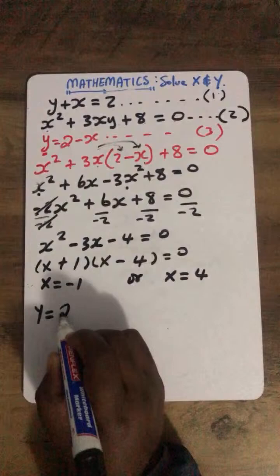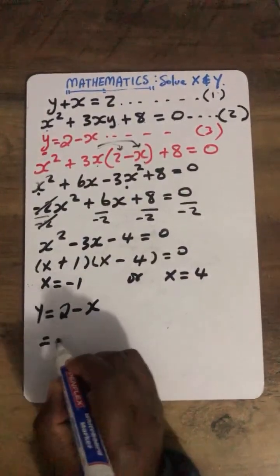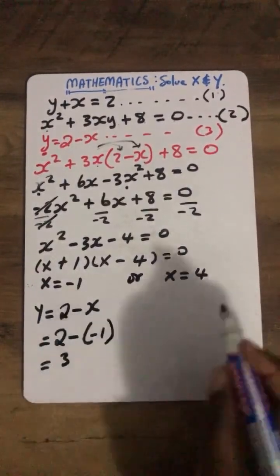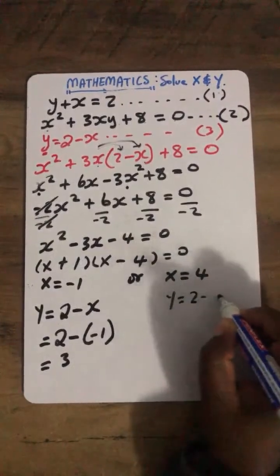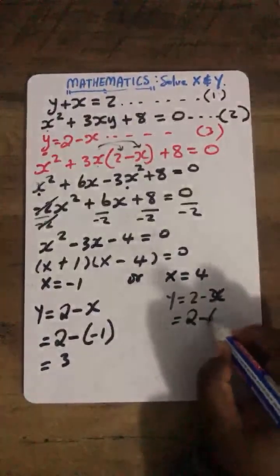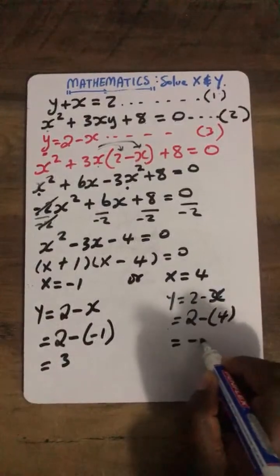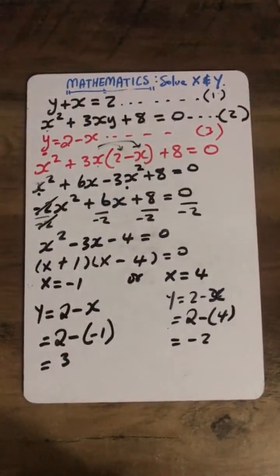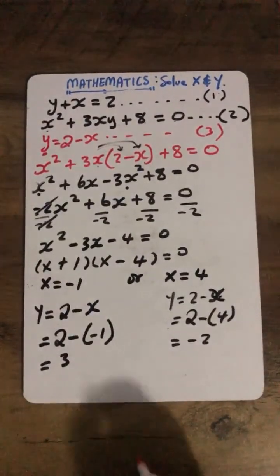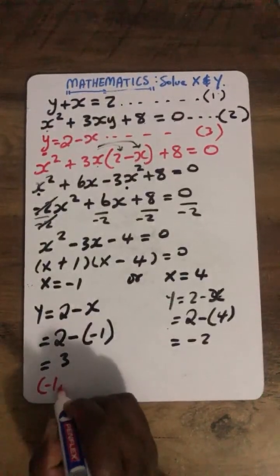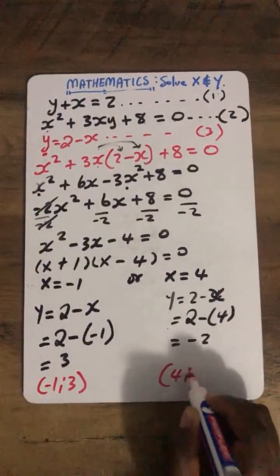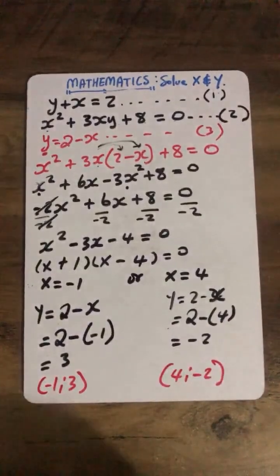So now you go to equation number 3, you therefore substitute. Be careful to put that negative inside the brackets because it will end up giving you 3. Be very careful on that one, otherwise you will definitely get it wrong. Minus, there it's 4, whether it's inside the brackets or not, it doesn't really matter that much. So I am very much confident that these are the two correct coordinates, where your x is negative 1, the corresponding y value is 3, and where the x value is 4, the corresponding y value is